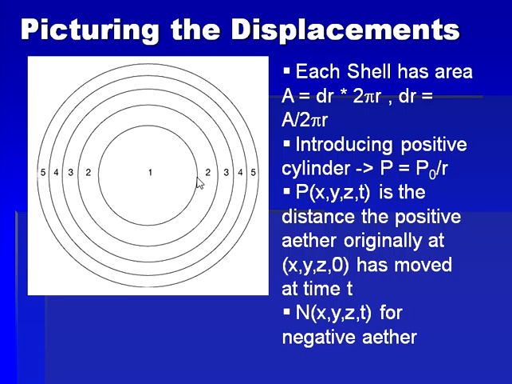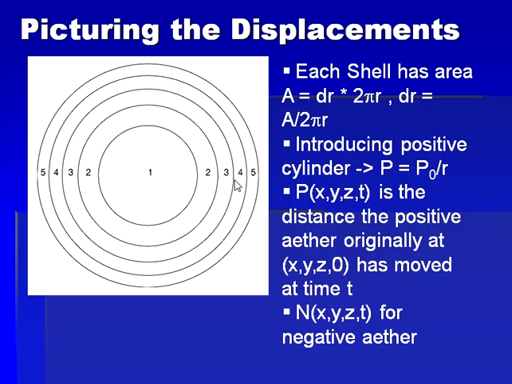The attached ether has been moved radially outward by a distance equal to the radius of the inserted ether. For ether that was originally at the edge of the first section, it moves radially outward to the edge of the second section, and so on. For this example, we see that p always points radially outward, and the magnitude drops off as 1 over the